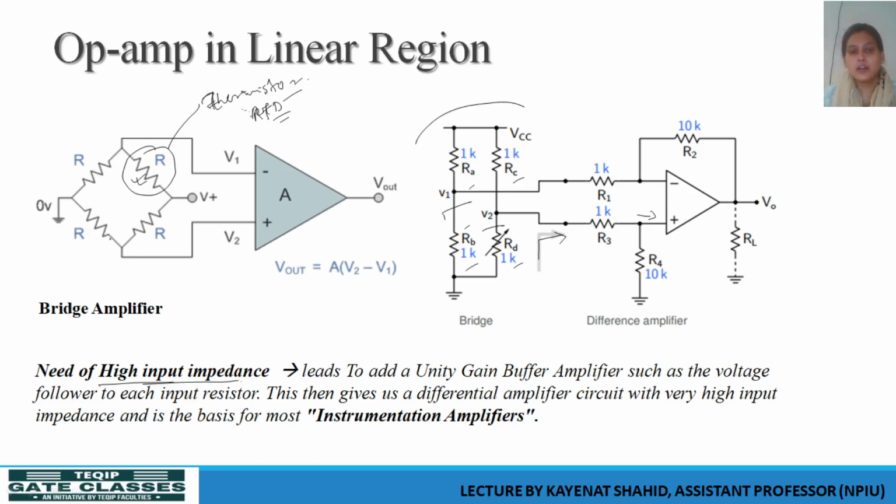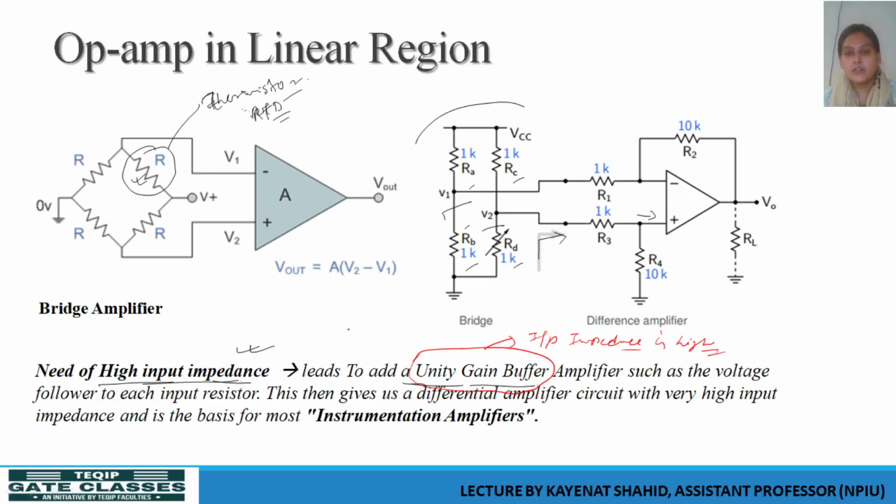Okay, so high input impedance is a very important requirement, and that can be achieved with the help of a unity gain buffer. We have already discussed this unity gain buffer. Okay, so why do we use a unity gain buffer? Because its input impedance is very high. Because we have solved this circuit, we have found the circuit output in terms of only this fact, that the input impedance of the op-amp has been made infinity.